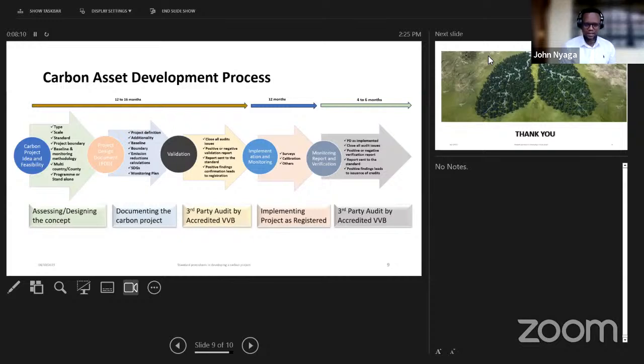So what is there in the PDD? Number 1, you define the project. What are you going to do? I'm going to distribute trees to these farmers. These are the methodology, all those details you will define. Number 2,